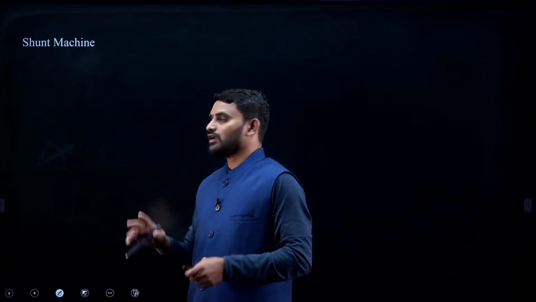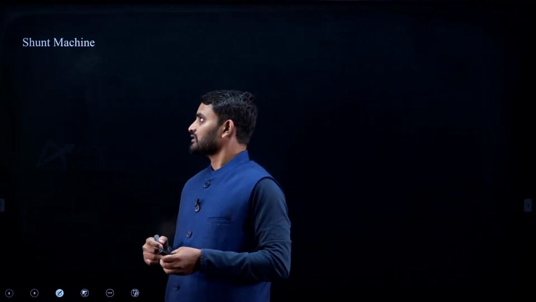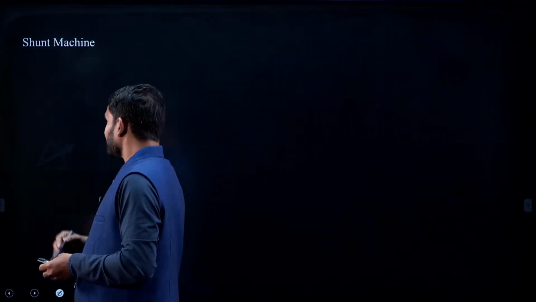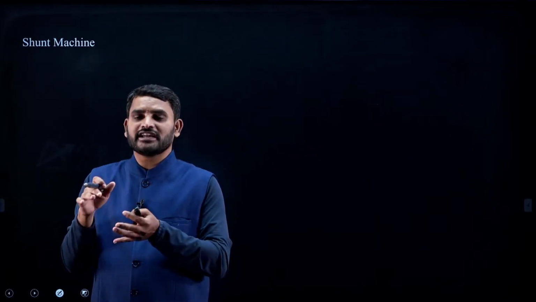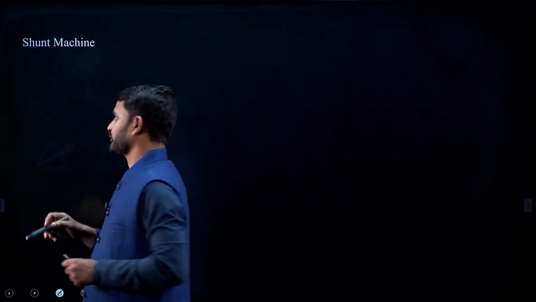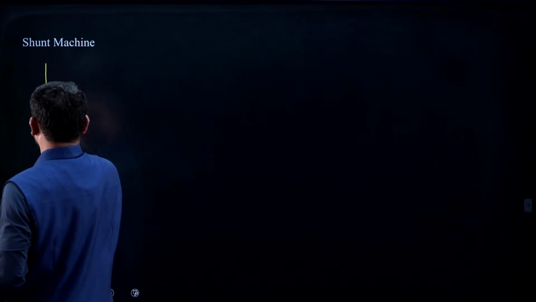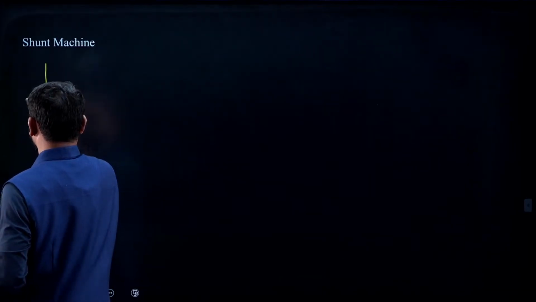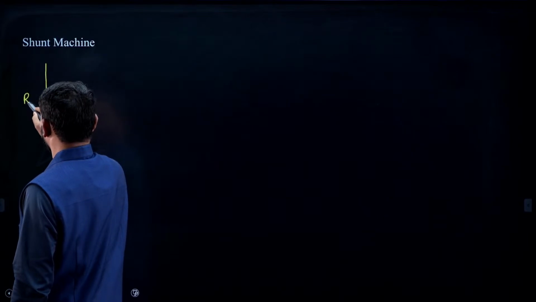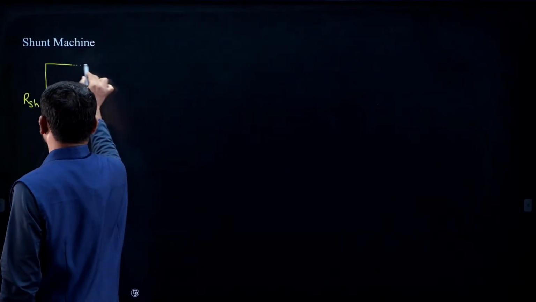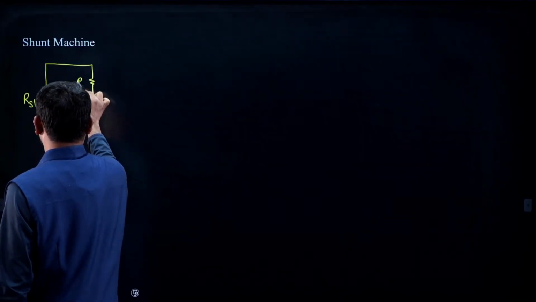So that is quite valid for any DC motor. Now, let us have a look at the shunt machine. Okay. Shunt means parallel, that means your field winding should be connected in parallel to the armature winding. Okay. So I am not drawing the winding here, I am directly writing the equivalent parameters. Shunt winding equivalent parameter I am writing as RSH, armature winding parameter I am writing as RA,